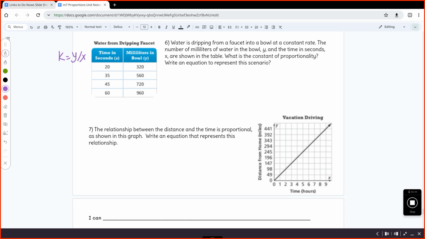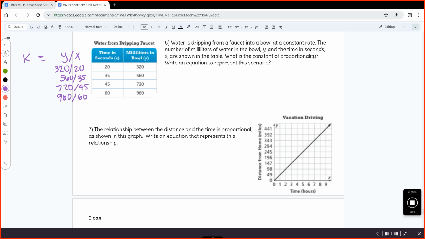Y divided by x. So we're going to do 320 divided by 20, 560 divided by 35, 720 divided by 45, 960 divided by 60. So all of our ratios are y divided by x, and we're going to see what we get for k